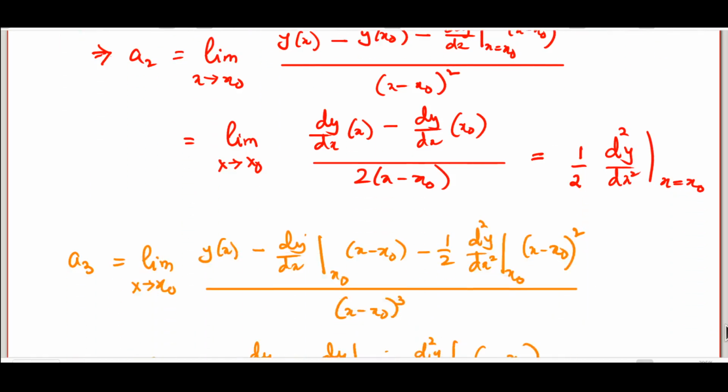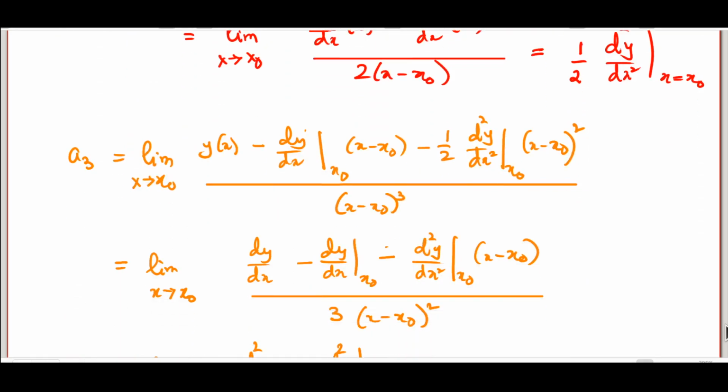Proceeding further, a3, well, you know the drill by now. Limit x goes to x0 of y(x) minus y(x0), something I forgot to write here, minus dy/dx at x equal to x0 times (x minus x0) minus half d2y/dx2 at x0. This is now, of course, a2, times (x minus x0) whole square. This thing divided by (x minus x0) whole cube will give you the value of a3 in the limit x goes to x0. And now you can simply use